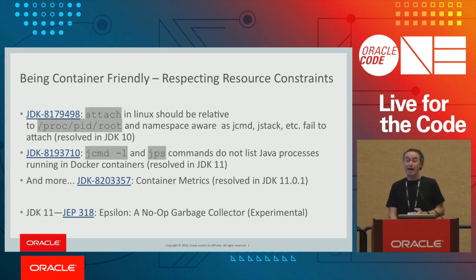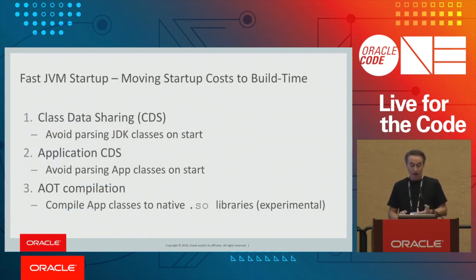But this is the kind of stuff that's going on. They're pretty active in the JDK team on container friendliness, right? There's a lot of work going on, so that's good news. That's respecting the constraints, right? In terms of fast startup, there's a whole bunch of techniques. So who's used class data sharing? Okay, no one. I'd never used it either, to be honest. I've been on a desktop or on a server, and I wasn't worried about fast application startup in the past. Now it's a big concern.